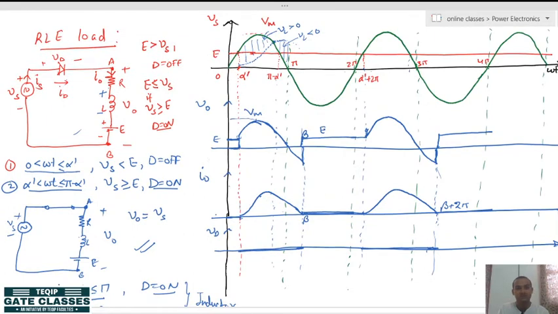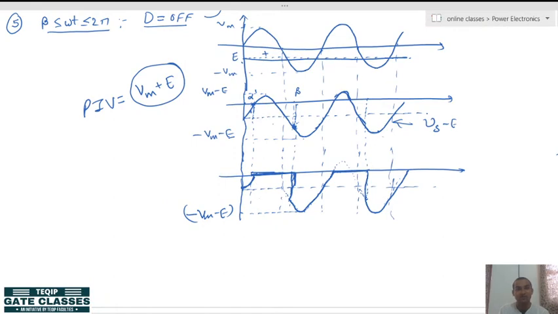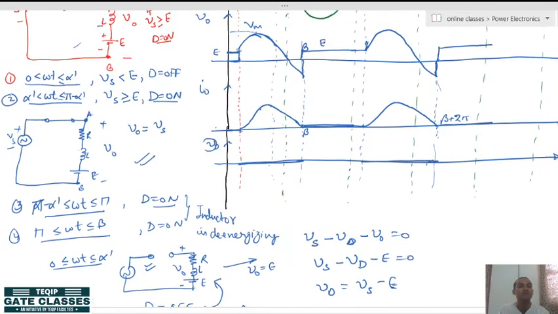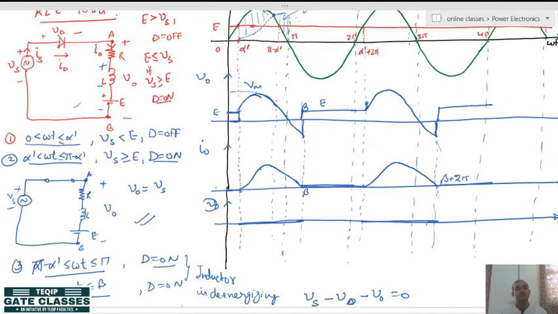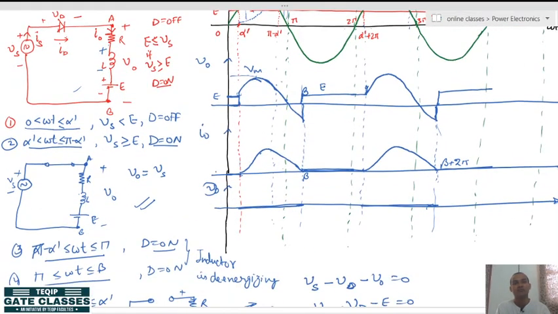Alright. So this diode voltage I have already drawn here in a step by step manner. So this is how we draw, and this is how we analyze power electronic circuits. This is a very important role of the steps which we have discussed in my lecture. So now let us analyze how we find this beta. In the RL circuit also we discussed that we will find this beta, so I am doing this analysis for RL.